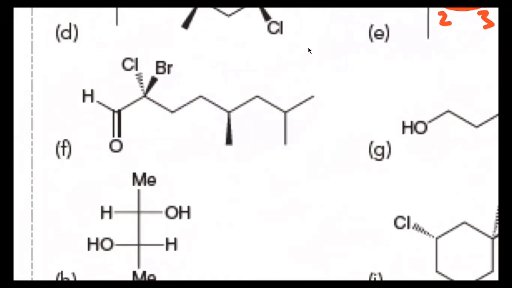All right, let's do F. Let's see what we can do with F. Okay, that's not bad. All right, let's do all the chiral centers in F. So let's start with this one. Just a warm-up, because H is already in the back. So what's 1, what's 2, and what's